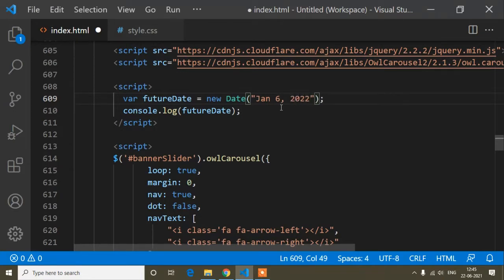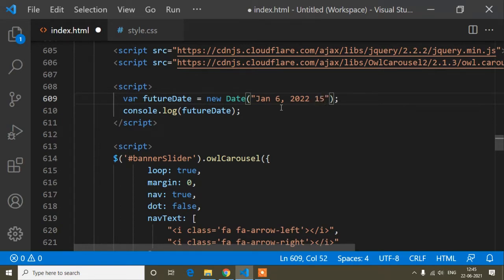Okay, and guys, one more important thing, you have to write a time also, because date is not the only thing, here it's time too. I mean on 6 January, at which time the offer will expire. Like on 6 January I want the offer to expire at 3 p.m.